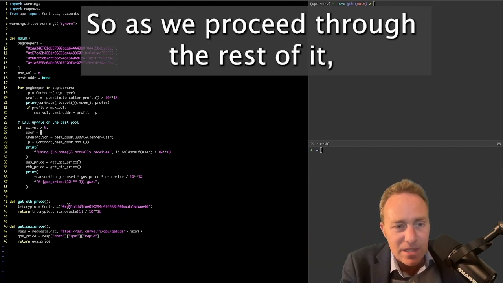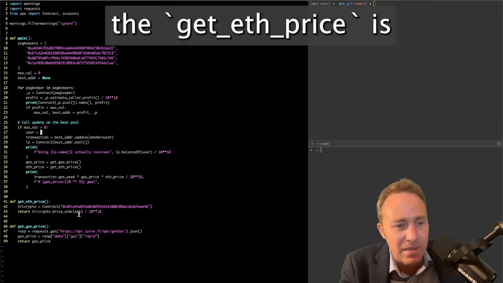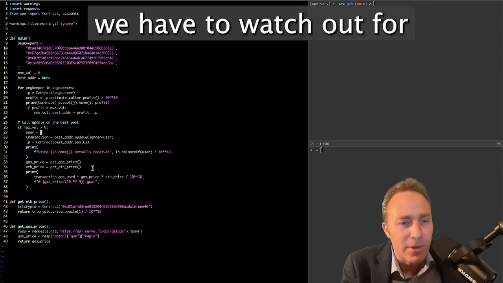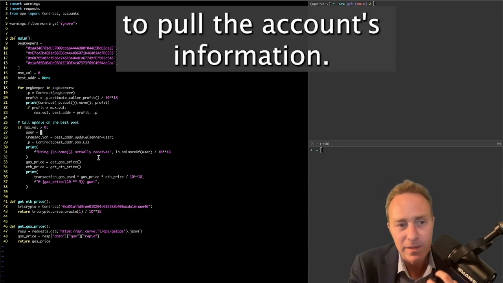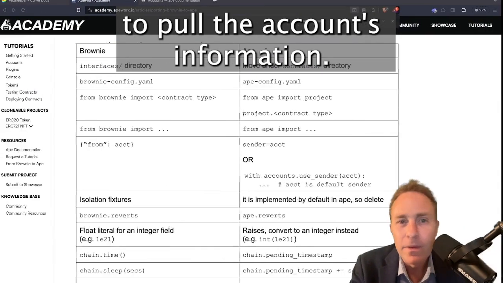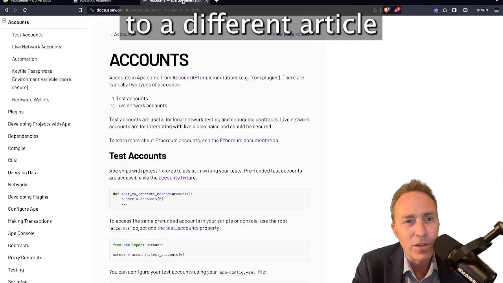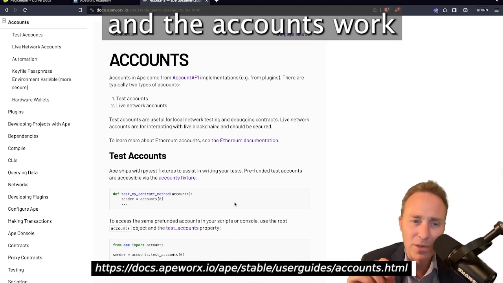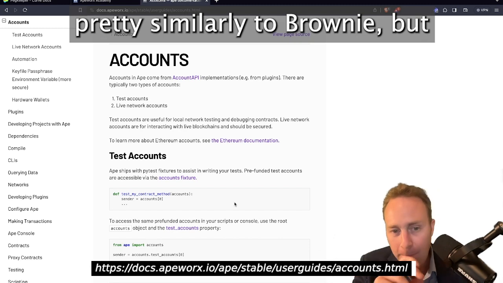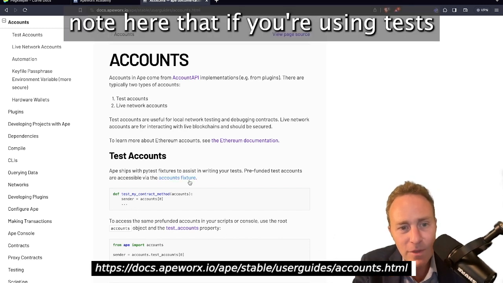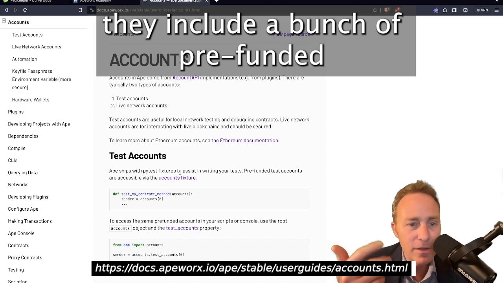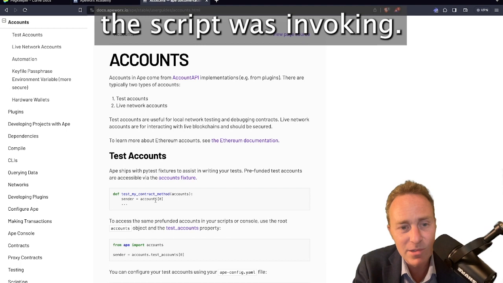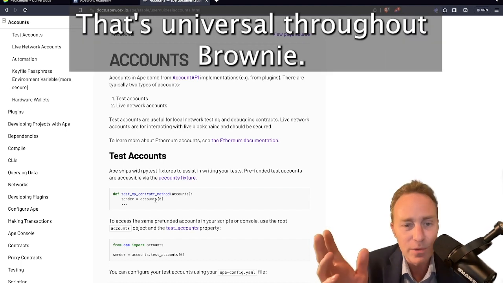So as we proceed through the rest of it, we notice the get ETH price is just some basic contract calls. Get gas price is just an API call. So the last thing that we have to watch out for is how we're going to pull the accounts information. And here we're going to point to a different article within the ApeWorks documentation. And the accounts works pretty similarly to Brownie, but note here that if you're using tests, they include a bunch of pre-funded test accounts, just account 0 like we previously saw the script was invoking. That's universal throughout Brownie, but